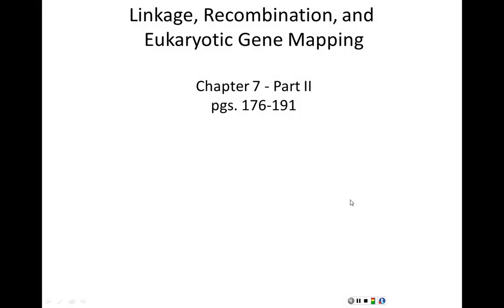We're going to pick right up where we left off in the last lecture. This is still Chapter 7, the second half of Chapter 7, pages 176 to 191. Still linkage recombination in eukaryotic gene mapping, because that's the name of the chapter, but I'm going to just basically refer to this in the syllabus and in the notes as the three-point cross lecture, because that's what we're going